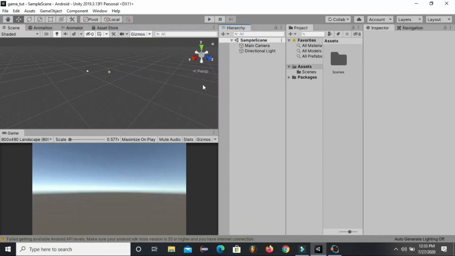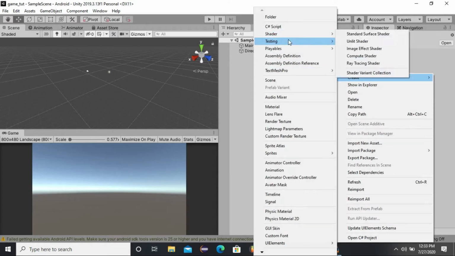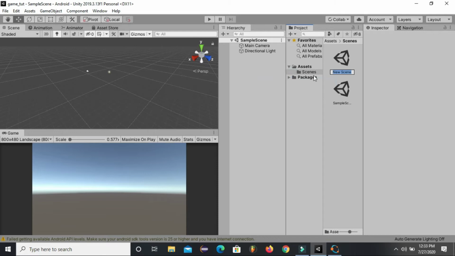Now first of all I will create a scene. This scene will be our main game scene, which will be loaded when the start button is clicked. And this scene is our main menu scene or start menu. So when the game is started, this scene will be loaded. This will be our default scene.